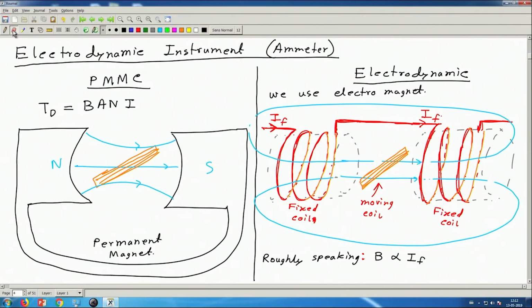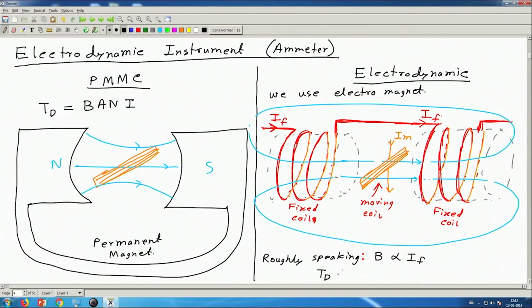Okay. So, B will be roughly proportional to IF. And now, if the current that is flowing through this coil, call this IM, M for moving. If this current is IM, then roughly